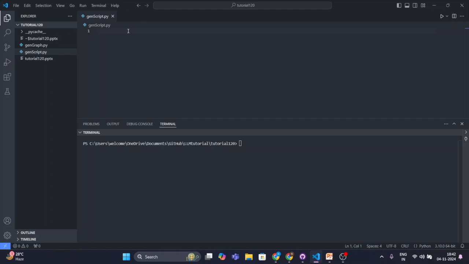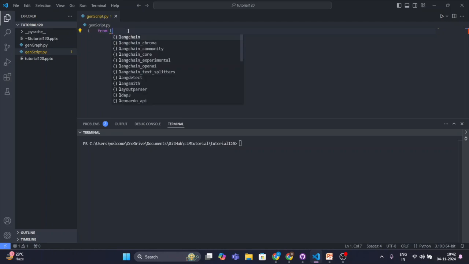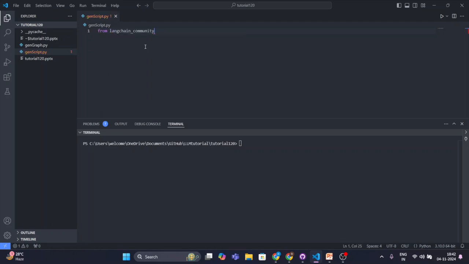For that, the import is from langchain_community.document_loaders import YouTubeAudioLoader or YouTubeLoader. Yeah, sorry, it will be YouTubeLoader, right? And now we'll write a function, def